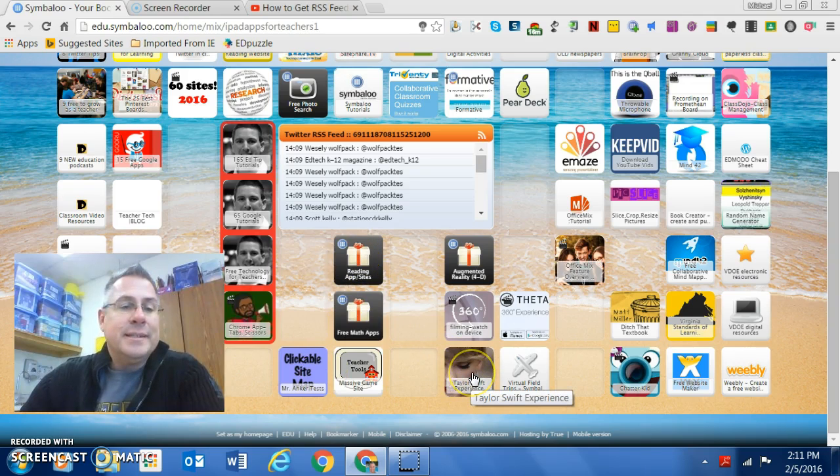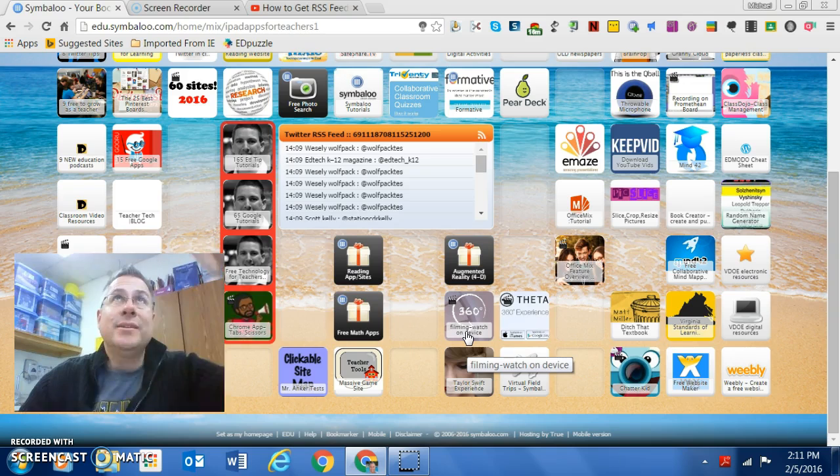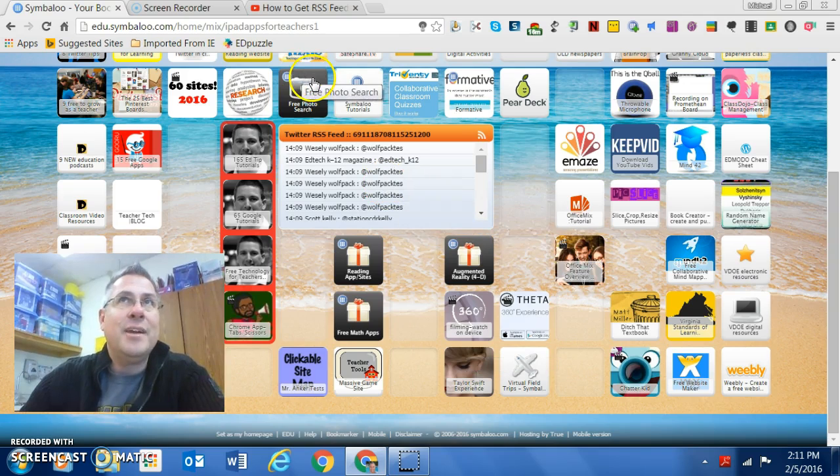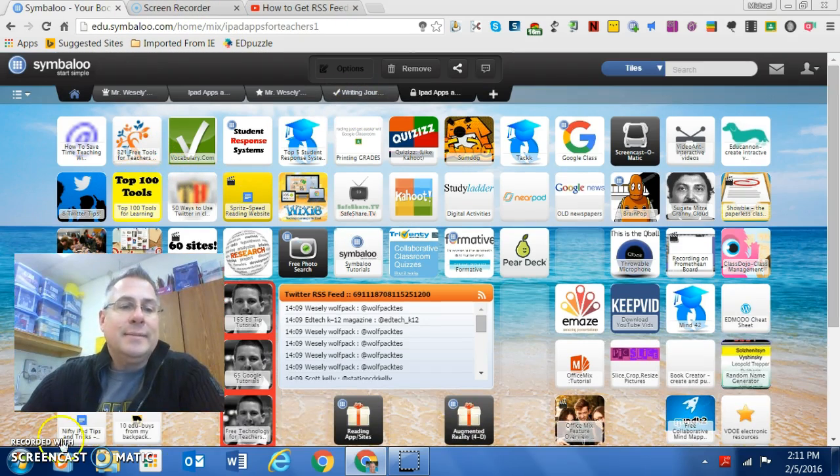This is like a 360 experience where it has to be on a device, not a laptop, but that's where the kids can actually move the device around, and if they take the device and look at the ceiling in the room, they're going to see what's on the ceiling in the room of where that room was in the video being filmed at the time. So it's just a really cool thing, and this is a 360 camera. So going back,